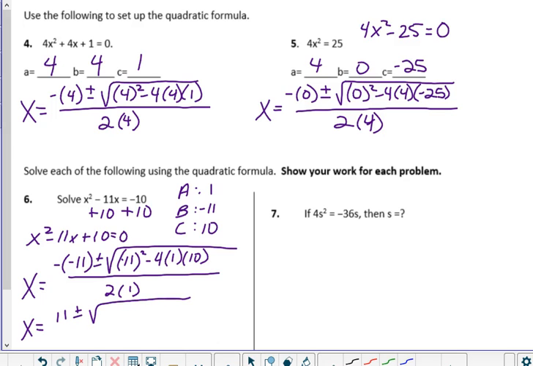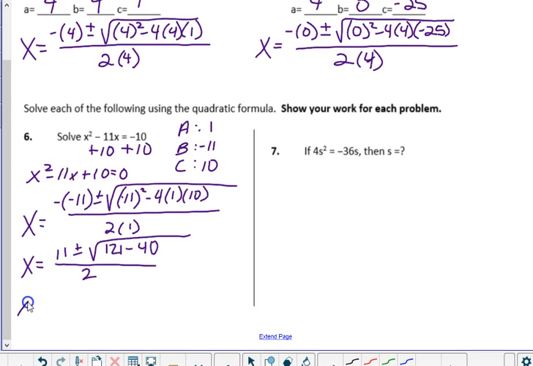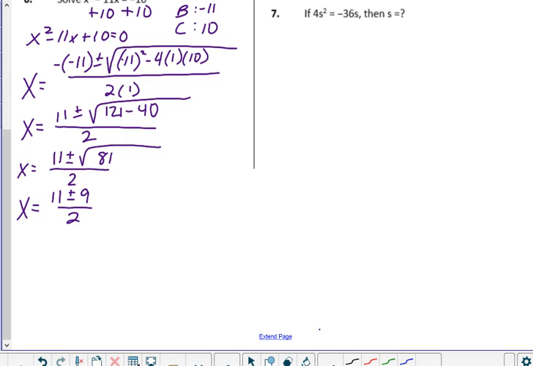Negative 11 squared is 121. 4 times 1 times 10 is 40. And that's going to be all over 2. Okay, so that's going to give me x equals 11 plus or minus the square root of 81, because 121 minus 40 is 81, over 2. And then finally, we're going to have 11 plus or minus 9, because the square root of 81 is 9, all divided by